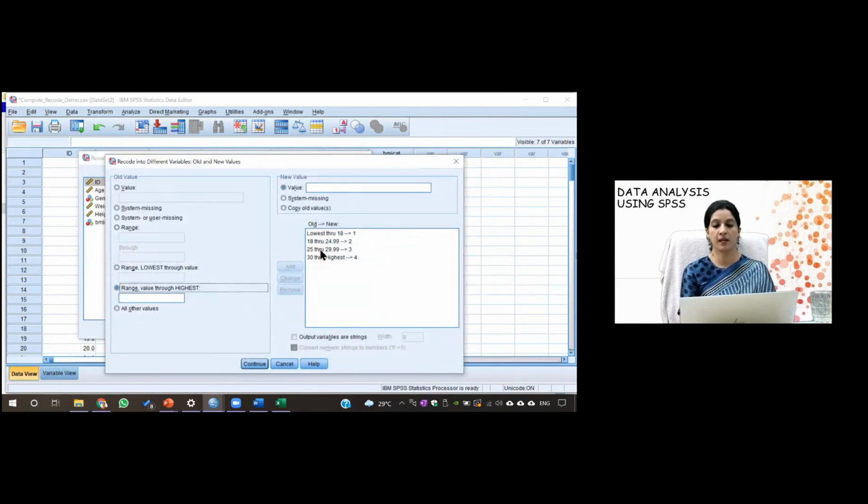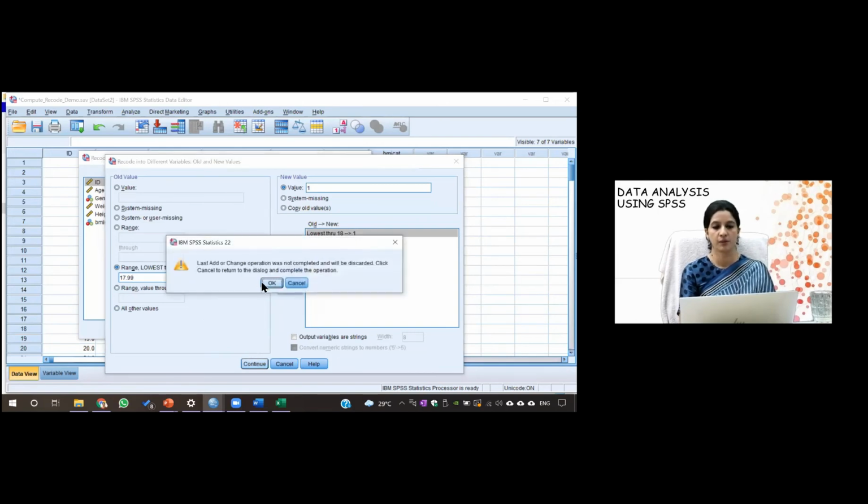Like I have written here lowest through 18, I would have written less than 18, meaning this option I want to change. So I'll write here 17.99. So less than that, it will take. And then again press continue. So it will change.